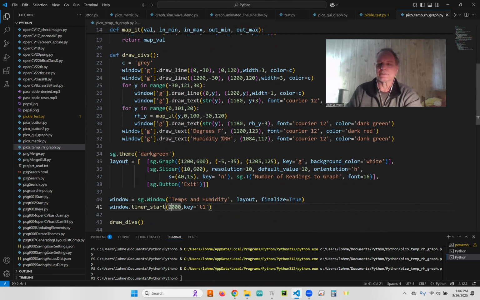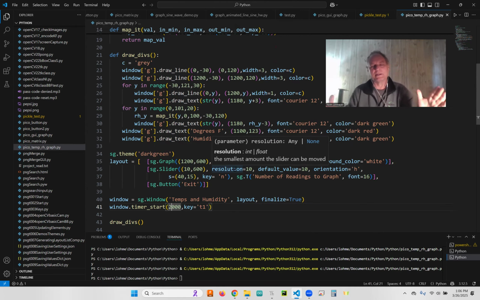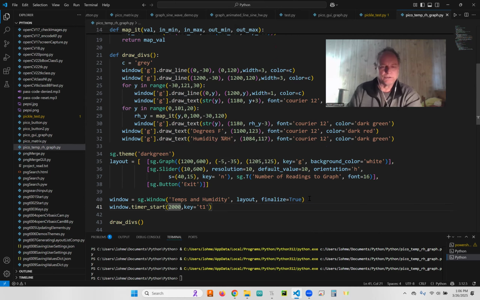So the layout, like I said, the thing about FreeSimpleGUI, the layout is really simple. The background colors of the theme here, I just picked dark green this time as a theme. And the layout is just a graph, and the sliders are one slider to pick how many points you're going to put on the graph, and then an exit button. That's all that is. And we're creating the window, and then this is where you have a timer that you can